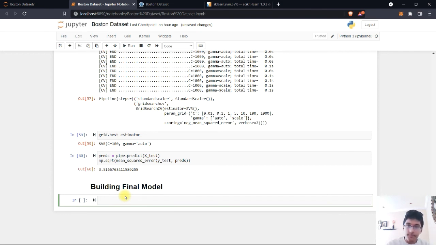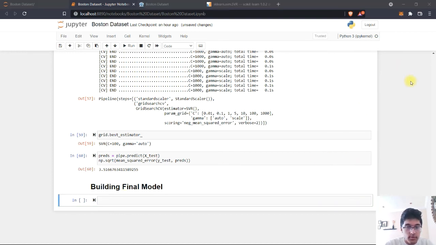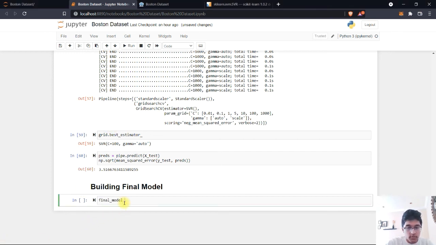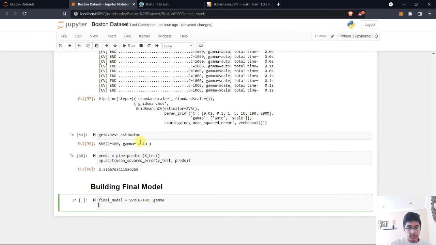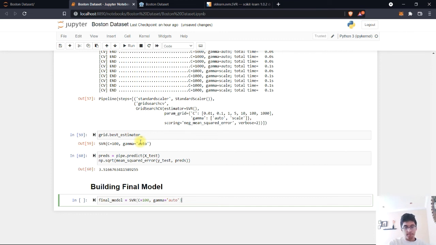So let's start building the final model. So now we want to build the final model and just straight deploy it. What the testing data does for us is it tells you how good your model is. But when you want to deploy your model, you want to train it on everything. We've got the best model we have. We've got the best hyperparameters we have. Now we want to use all the data we have to train it to become the best model it can be. Right? So what we want to do is create a function called